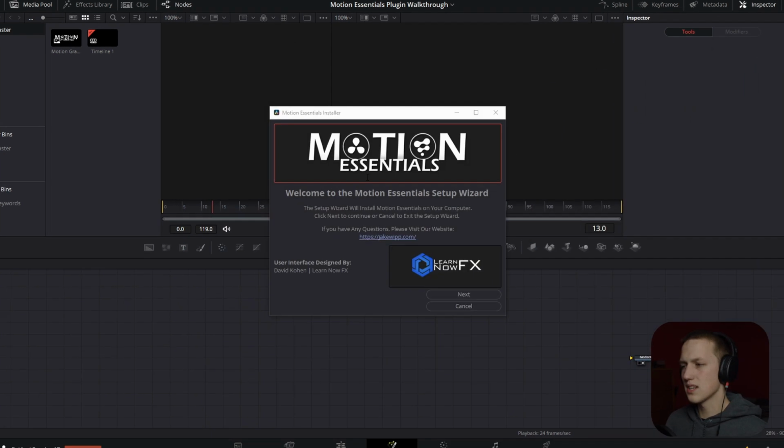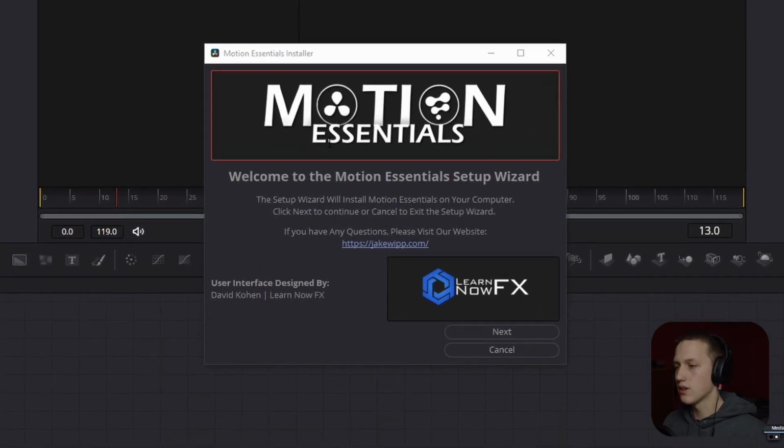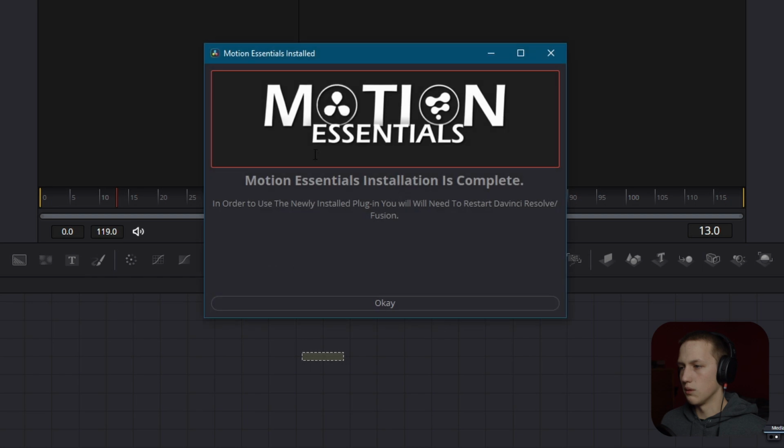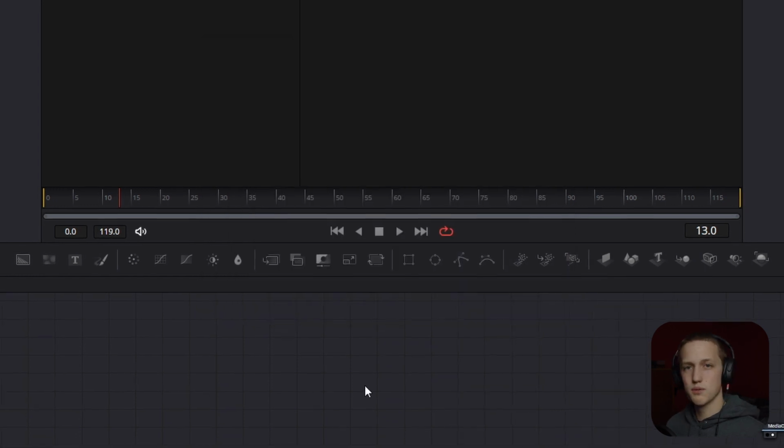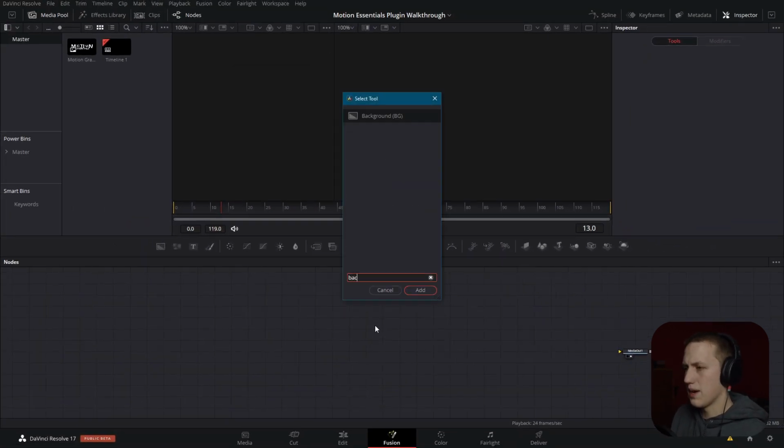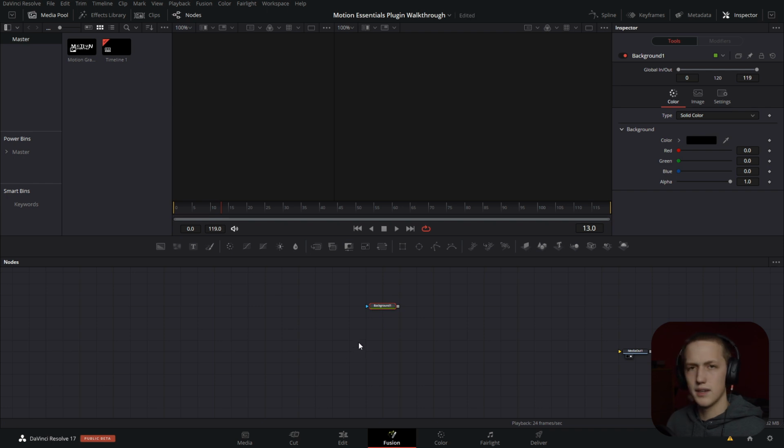it into Fusion, this nice pop-up window will appear. It's a setup wizard, so just go through, hit next, and it will install it. It says that it is completed, but then you'll need to restart DaVinci Resolve in order for it to take effect. Once you've restarted DaVinci Resolve, we can add in a background node or a media in, anything that you